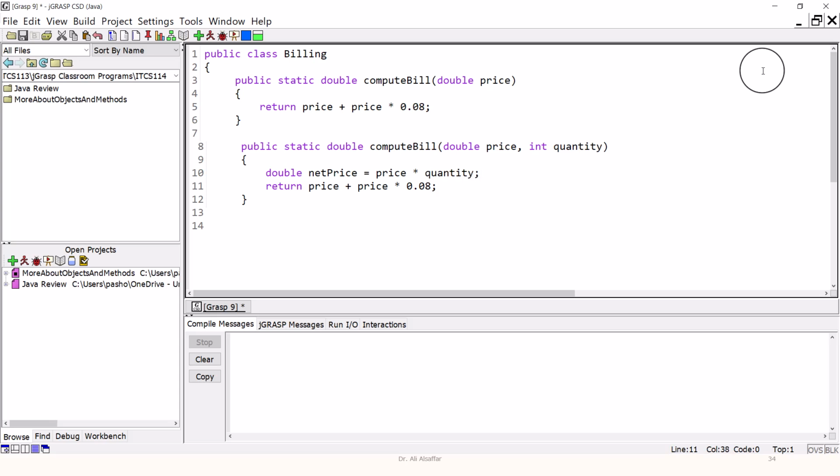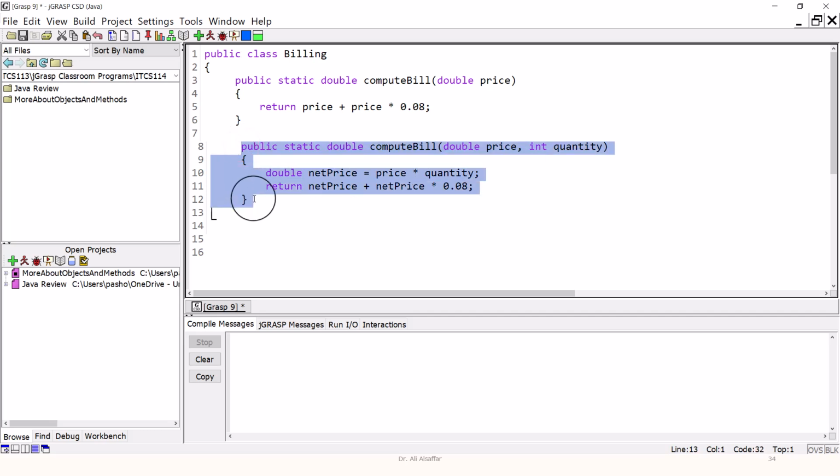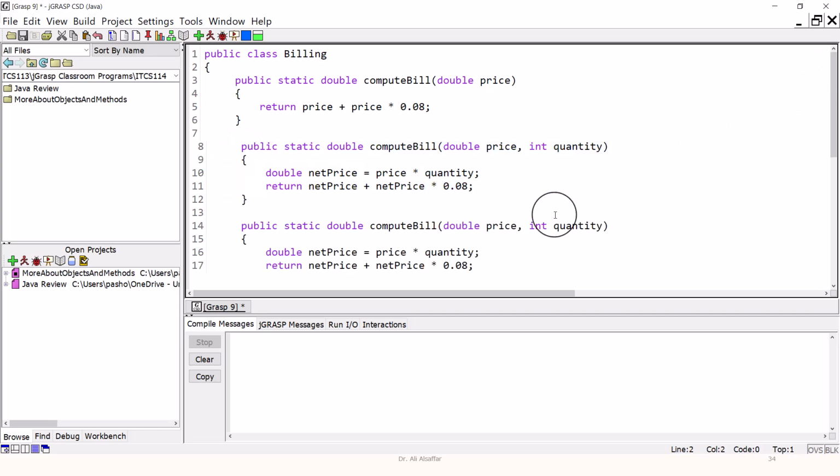And after we find the net price, we need to add 8% to this net price, so we write netPrice plus netPrice multiplied by 0.08. For the third definition, it should receive 3 input parameters. The first parameter is the price of the photo book, the second is the quantity, the third is the value of the coupon, so it will be double